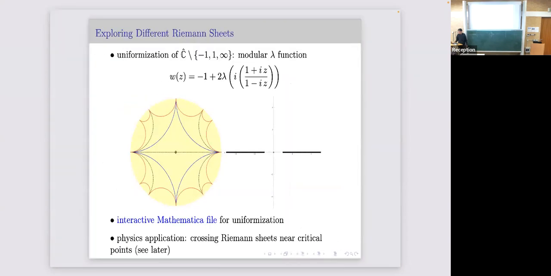All right, so now I have to show you something about this map. I'm going to show you an animation in a second. So if I put 2 of the singularities at -1 and 1 and infinity, then this map is in terms of a particular function called the modular lambda function, which is expressed in terms of theta functions. Don't worry about the details. What it does is it takes this doubly cut plane here, cuts from -1 to -infinity, 1 to infinity, and it maps it inside this unit disk.